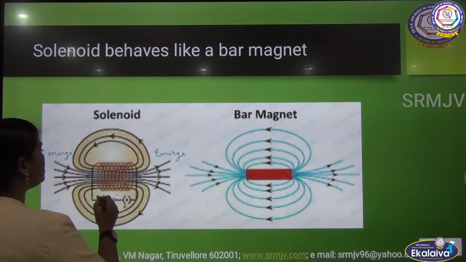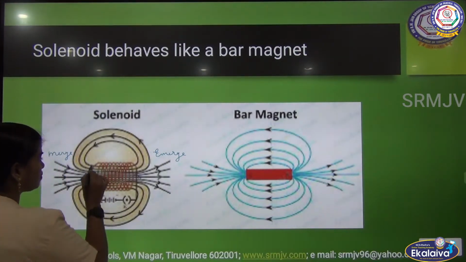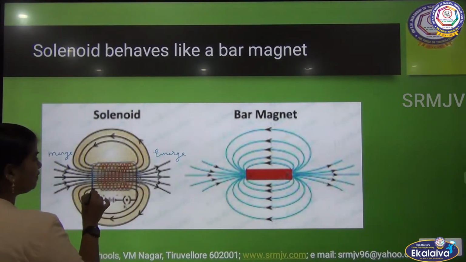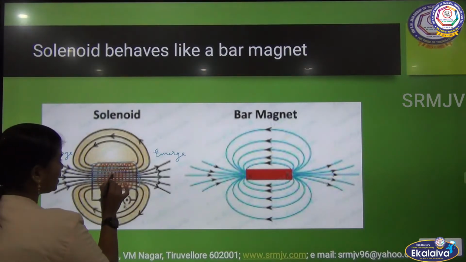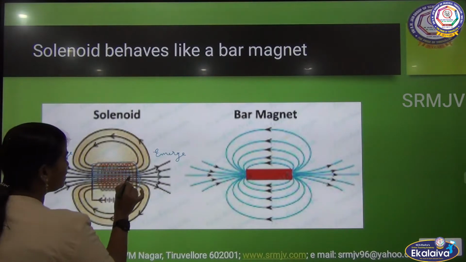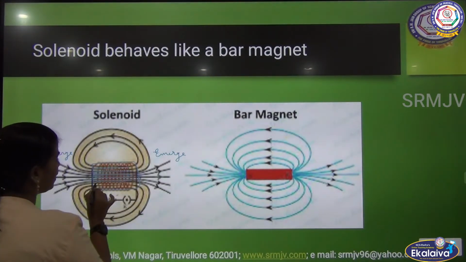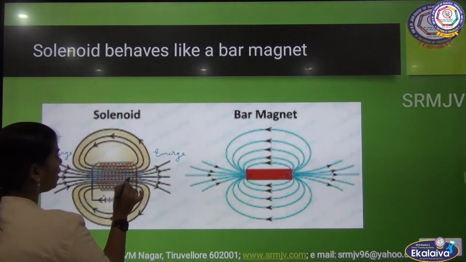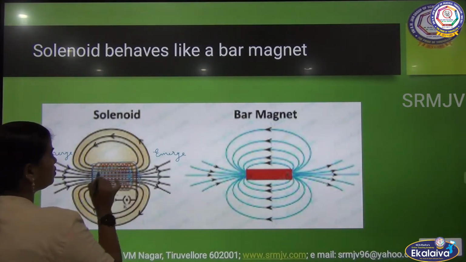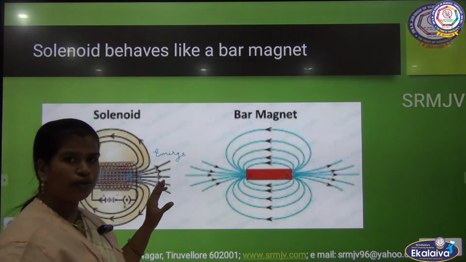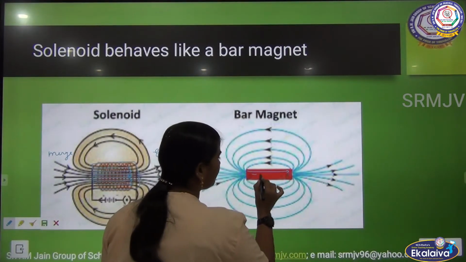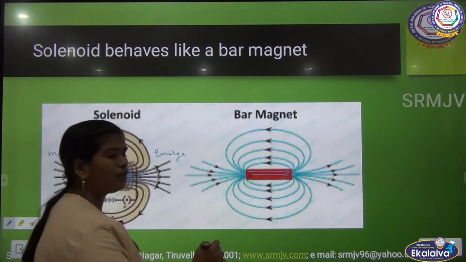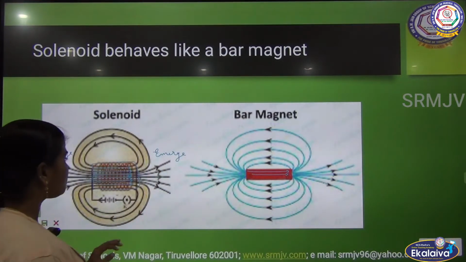And if you see inside the solenoid, the magnetic field is uniform. The spacing between the field lines and the direction are the same. Inside the bar magnet and inside the solenoid, the magnetic field is very uniform.